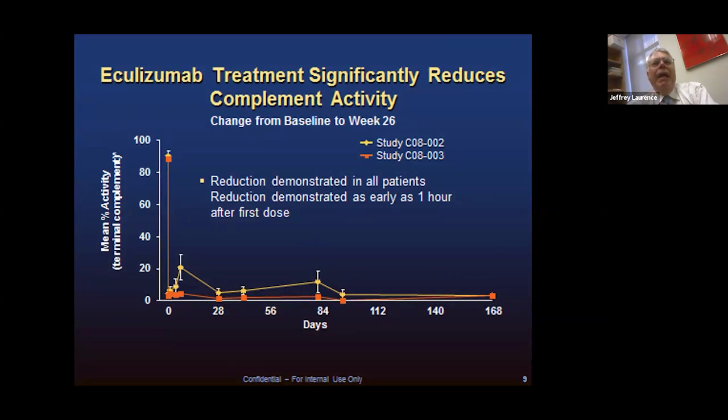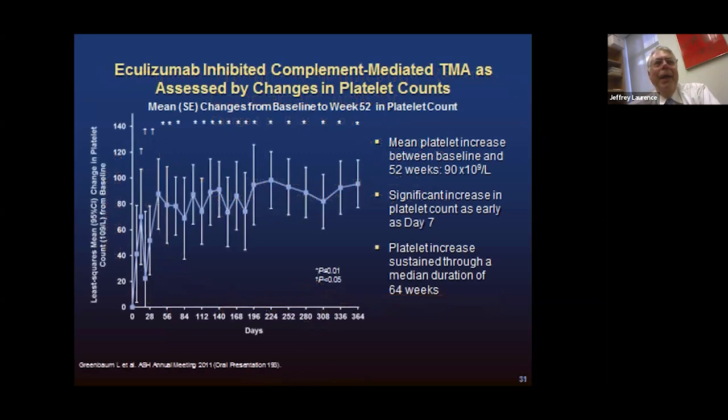The drug responds incredibly rapidly. If you look at changes in CH50 levels, it goes from 90 to 100% to 0 in about 3 hours. So when the nephrologist asks me, they say, I have a kidney I'd love to transplant in this patient. This patient has either known HUS or is at risk for HUS. How quickly do I need to get this drug in before I can transplant the patient? I say 2 or 3 hours, maybe a day, certainly not more than that.